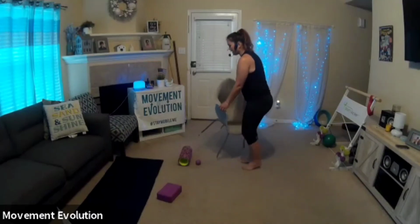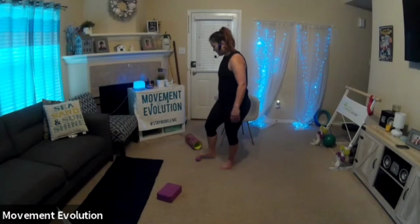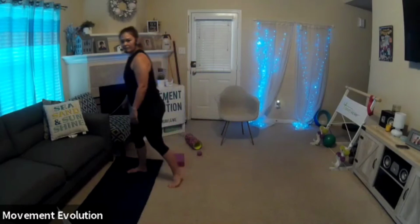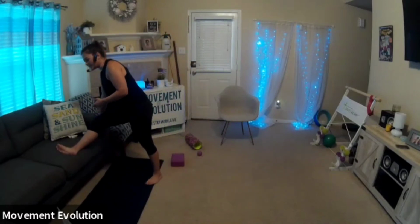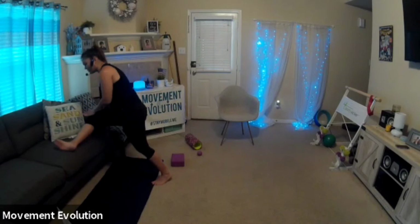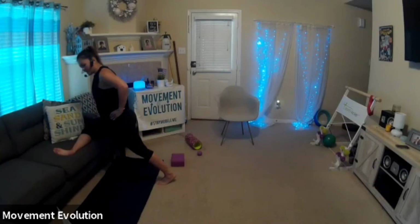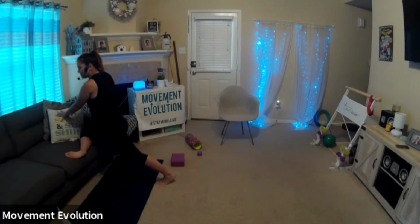show you guys the chair pigeon. I can't do it on that chair because it's got handles, but how far does this go? So if you have a lot of pain, you can't get into pigeon, or you know somebody that maybe is not that flexible, they can cross their leg over on something high like a bed. This still, my couch might be a little low for some, but try and rotate this hip inward. This foot might have to tuck in a little bit depending on their flexibility, but if they can get here,